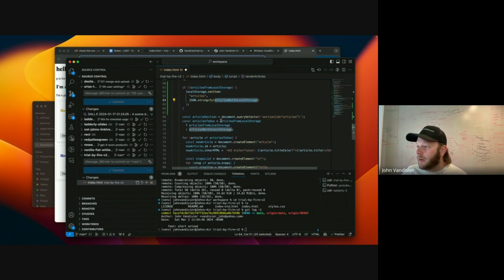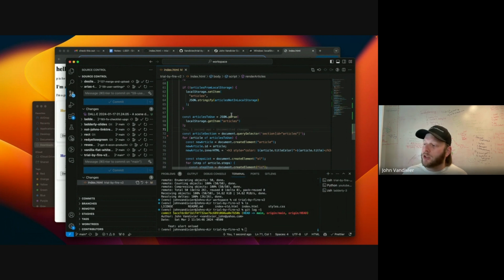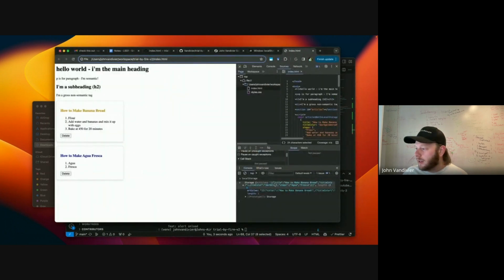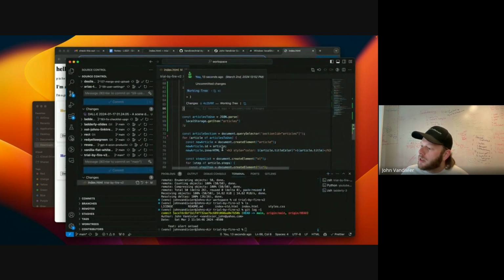Okay, and then down here, I don't need this ternary at all. By the way, why does it use the JSON parse? That is because JSON parse turns strings into objects, and local storage is technically a string. If you look here, this is technically a big string. That's the reason it uses JSON parse.